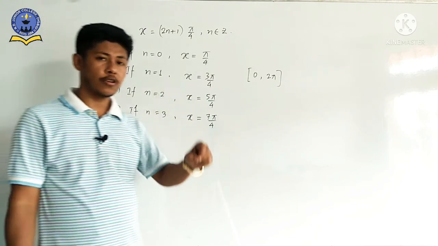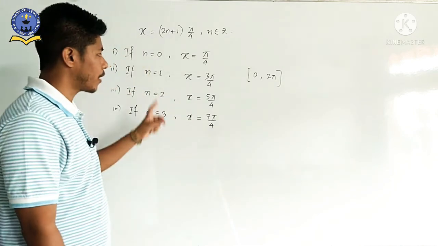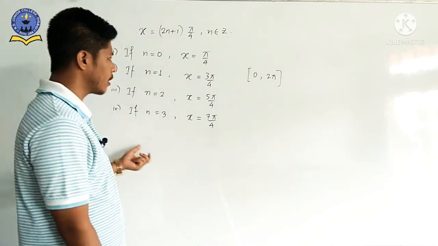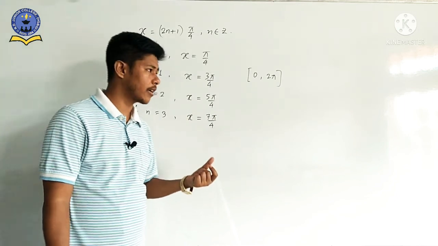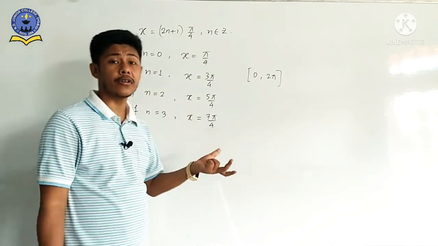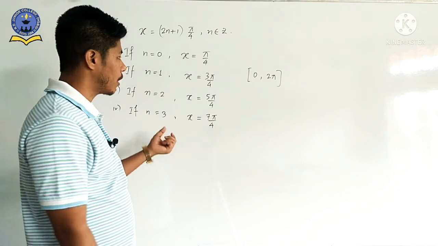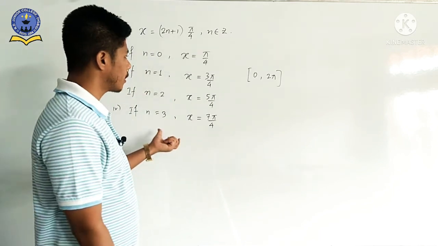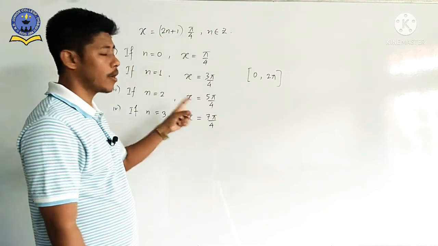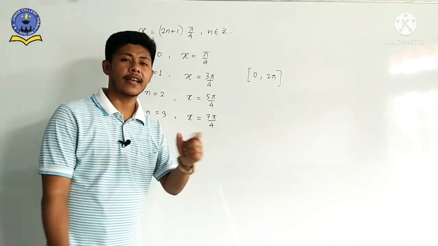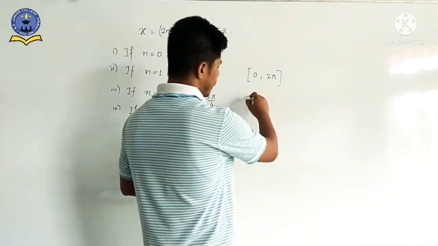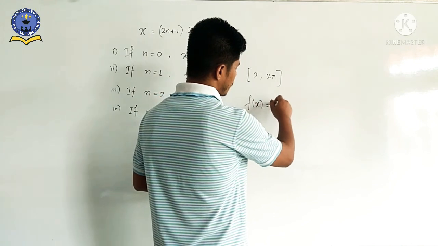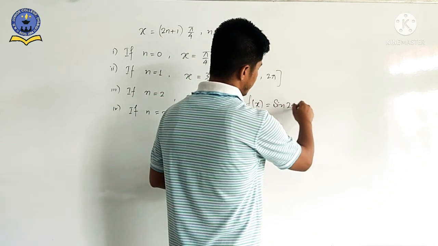With the help of absolute maxima and absolute minima, we have to find the maximum value here, isn't it? The question is asking at which point we get the maximum value, that means the maximum value as well as the point at which it occurs. So that's why all the critical points we have to put into the given function. And the given function is what? The given function is f(x) equals sin 2x, isn't it?